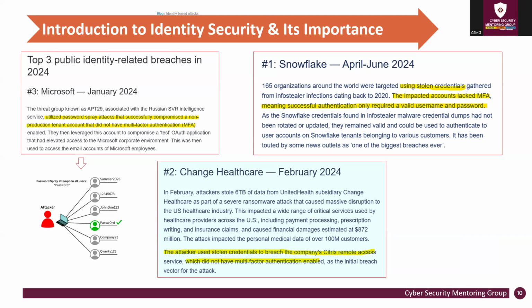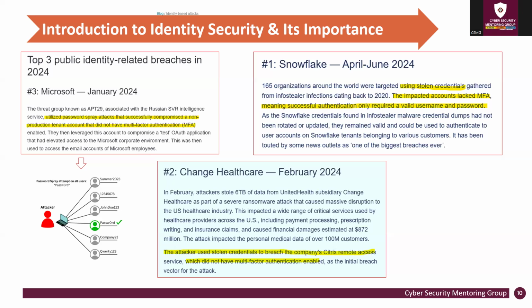maybe a target. Now it said the threat group known as APT29, associated with the Russian SVR intelligence service, utilized password spray attacks that successfully compromised a non-production tenant account that did not have multi-factor authentication. And that's the weakness right there: multi-factor authentication enabled. They then leveraged this account to compromise a test auth application that had elevated access to the Microsoft corporate, and